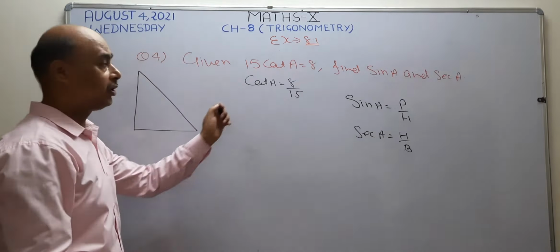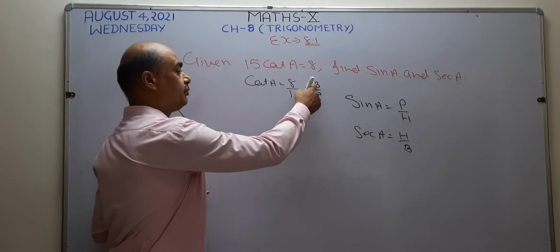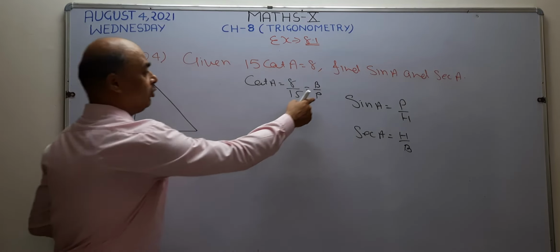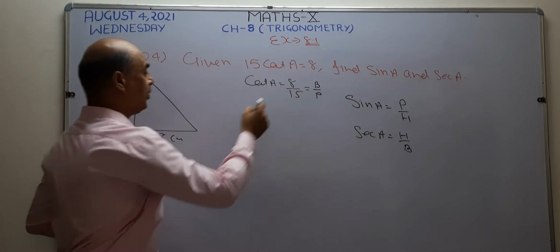Okay. Now how do we find the value of cot A? For finding the value of cot, the formula is B upon P. You know, it is the reciprocal of tan, and tan is P by B. So cot becomes B by P. Now base becomes 8. So this is your base. This becomes 8 centimeters. Perpendicular becomes 15. So right here, 15 centimeters. Now A is there. So right here A, B, C. Because this angle is going to lie on the base, so I take this angle here.